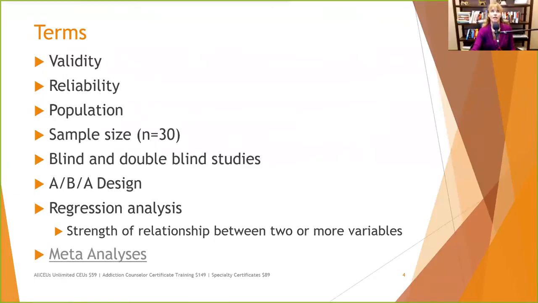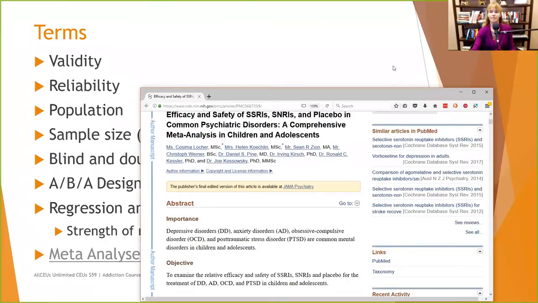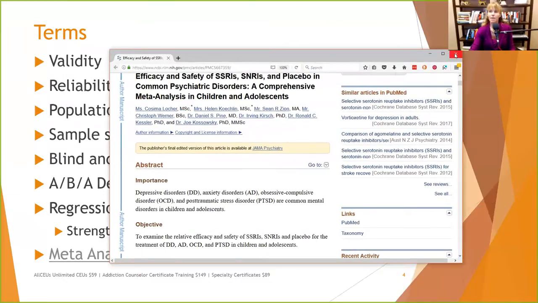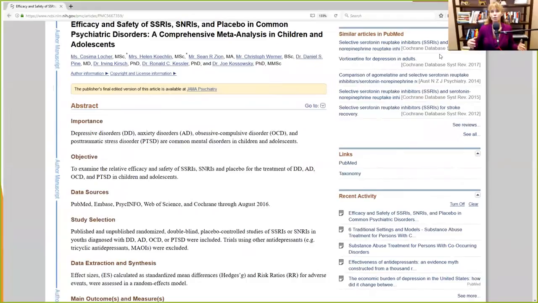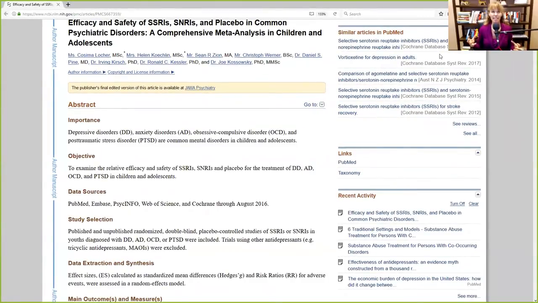Meta-analyses. Oh, I already had it pulled up. Come back down here. Meta-analyses are basically when researchers get together and they take studies that have already been done on a particular topic, and this one we're still on the efficacy and safety of SSRIs with children and adolescents. So the researchers found as much research as they could on this topic, and then